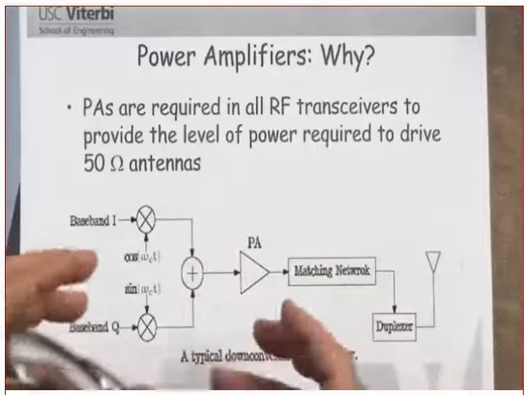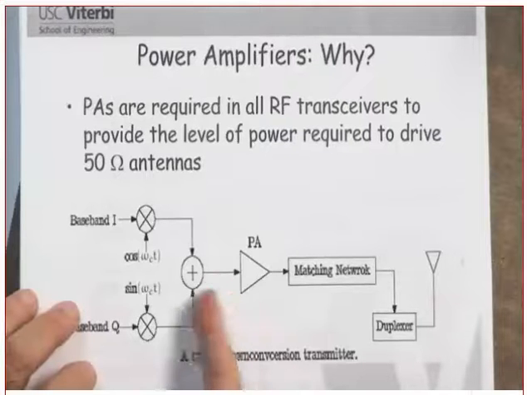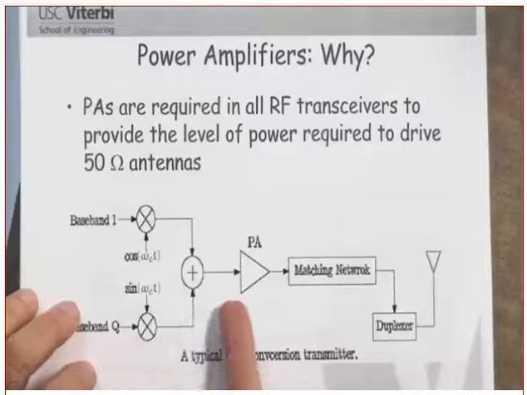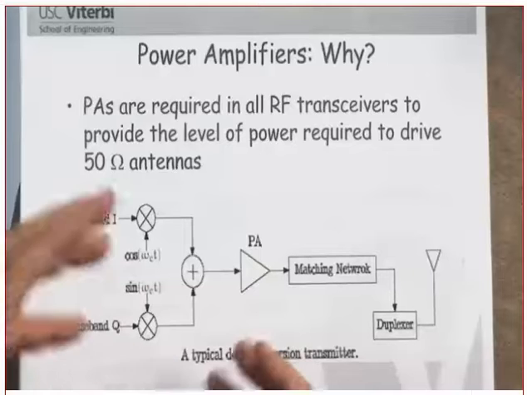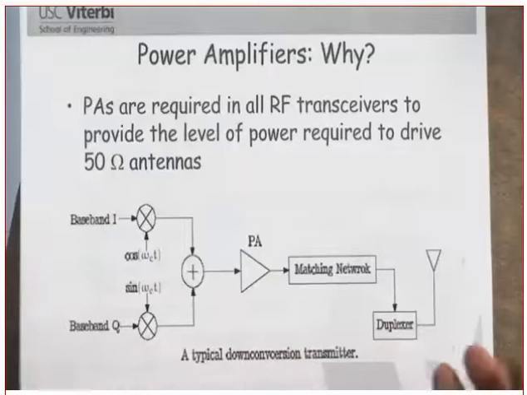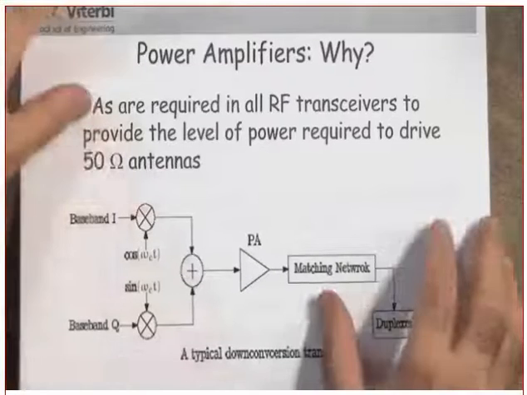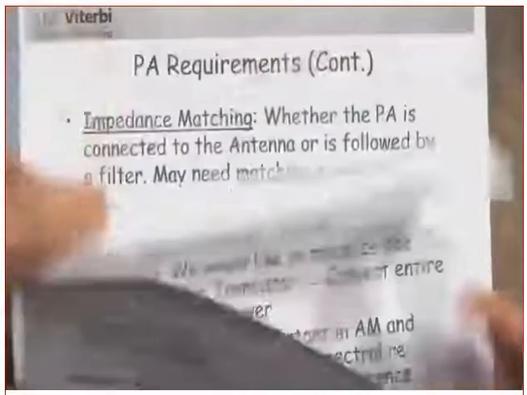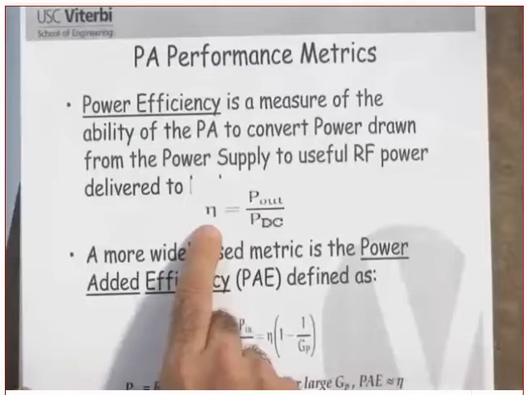The purpose of the power amplifier is to convert the DC power. Now you might say, where is the DC power coming from? You need to bias this amplifier. You need to power it. You follow me or not? We need to convert the DC power to RF power. That will take me to the first definition that you need to understand, which is what is known as the